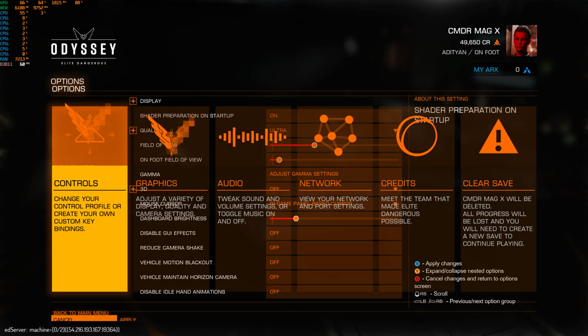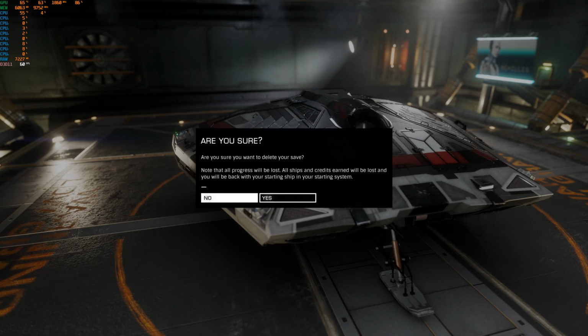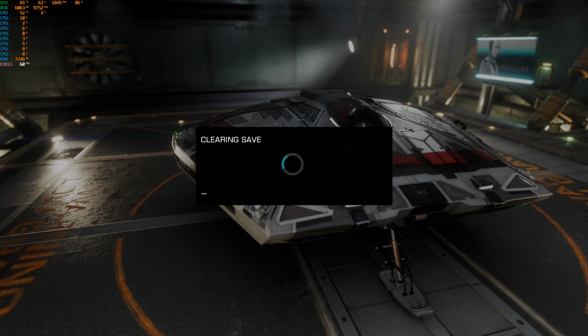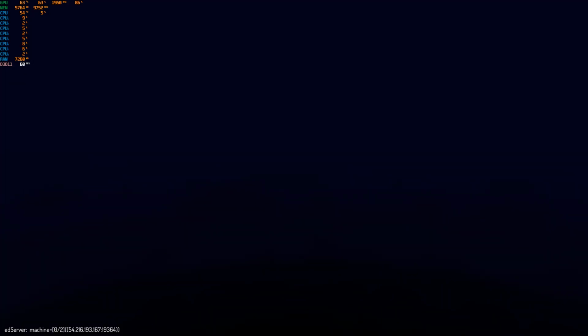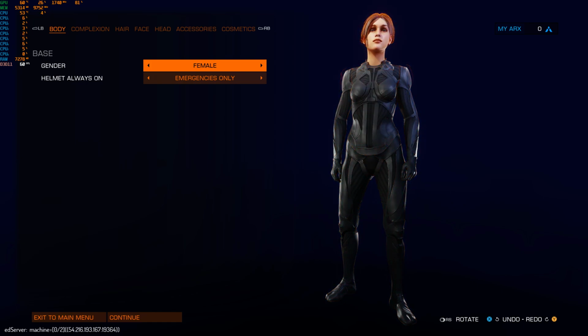And yeah, let's just jump right into the game. So I'm going to start a new game. I'm going to clear my save. Unfortunately, my poor character didn't make it anyway, and she got killed on the planet side, and she redeployed. So obviously you can now create your male and female character from the main menu,